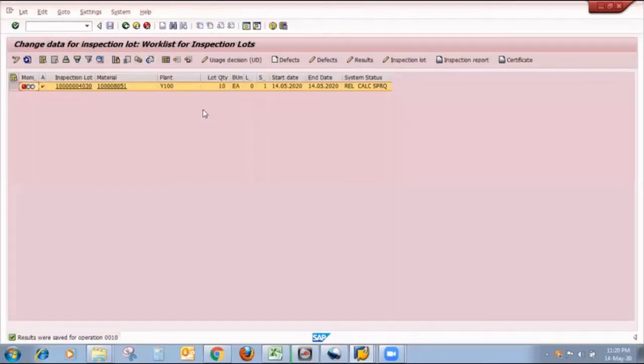After refreshing, my system status will change. So I refresh this inspection lot. Now my system status is inspection result recorded, quantity posting required. It means our quantity posting is still not done, but our result is recorded, RREC, result recording. So now my next step is